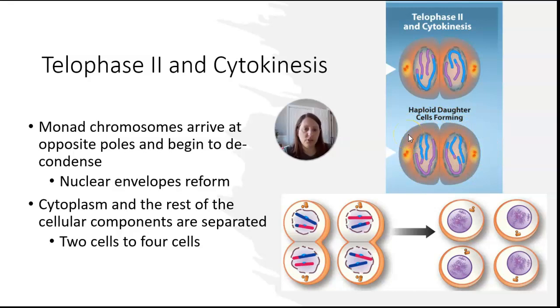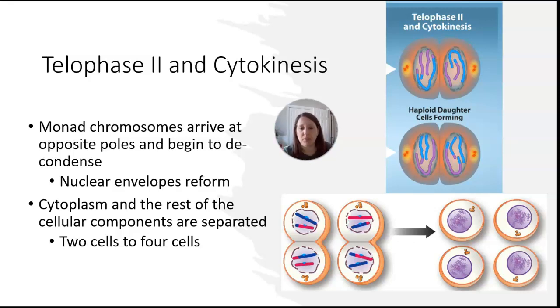Following telophase 2, we will go into cytokinesis 2, where the rest of the cell is divided. By the end of cytokinesis, you're going to have 2 cells here and 2 cells here. So we end up with 4 daughter cells at the end of meiosis 2. If we were to look at the genetic contents of each of those 4 cells, we would say that they are haploid. They contain half the number of chromosomes that were present in the original parent cell. For humans, that would be 23. There'd be 46 chromosomes in the original parent cell and only 23 chromosomes in each gamete,